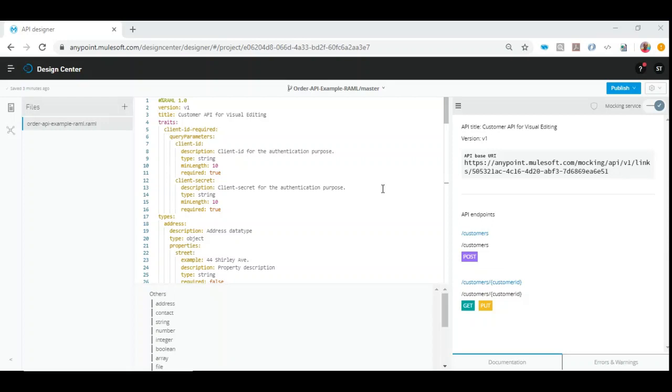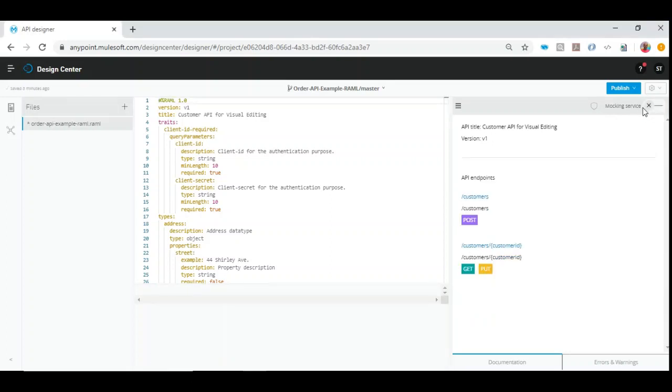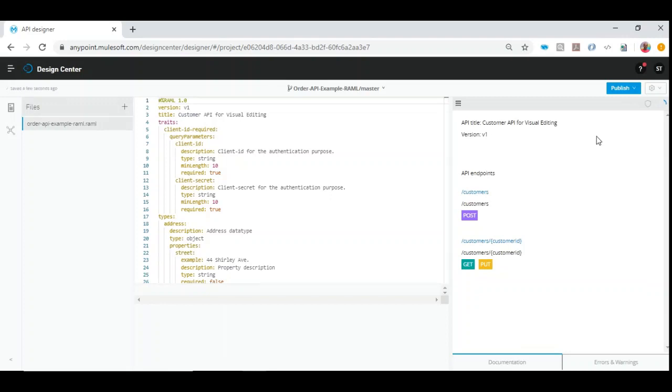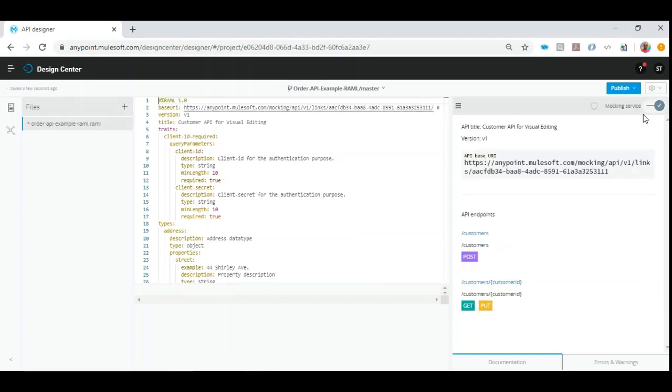Now let's see how to publish this, and then execute every method to see how the mocking service looks. So before that, you need to ensure that this mocking service is enabled. If you don't want the mocking service, you can disable it, but we need to enable the mocking service, because we have seen in our previous video on architecture and design, it's always better to give this initial RAML design to the end user to get a feel of how they are going to get the response, so that they can review and get back to us with the feedback,